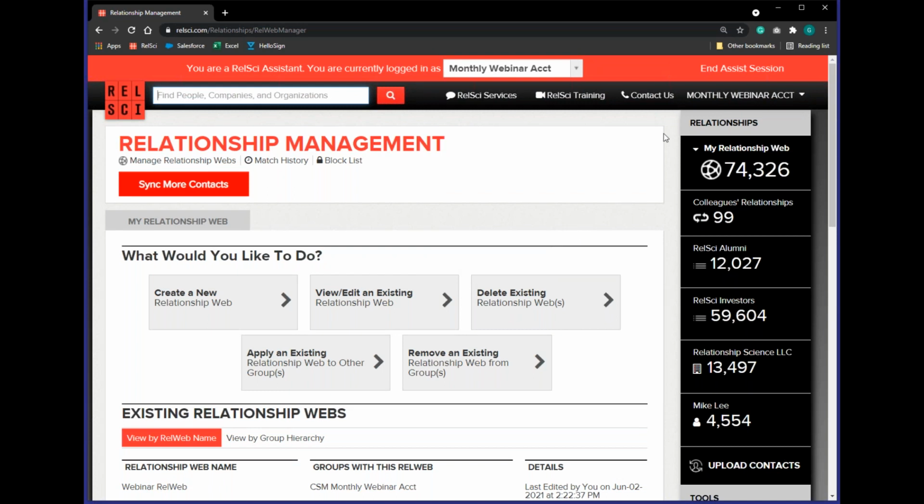And now if you direct your attention to the right-hand side of the page, you can see our relationship web has already grown. Now we're pulling in the relationships from my colleague here that we've synced, as well as that new RelSci investor list. Now we don't have a ton of time left, but I do want to cover quickly